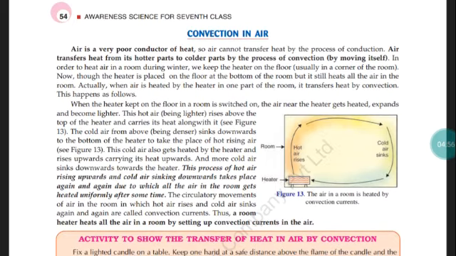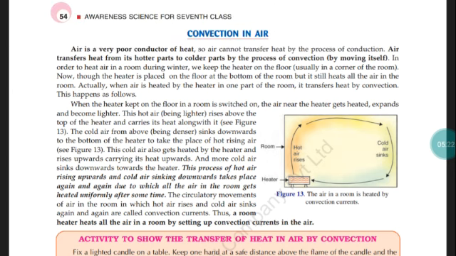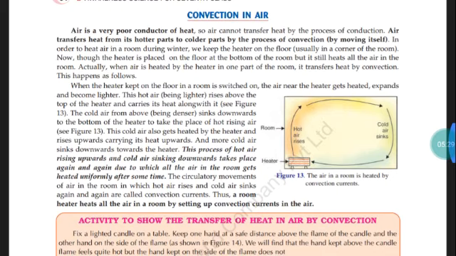that a heater, when kept in a room, makes our room hot or warm by the what? Air molecules rising upwards, hot air molecules rising upwards and cold air molecules going downwards or sinking downwards. This also develops convection current. In case of gases also, convection in gases or convection in air, convection current also develops. So the same thing is happening here.